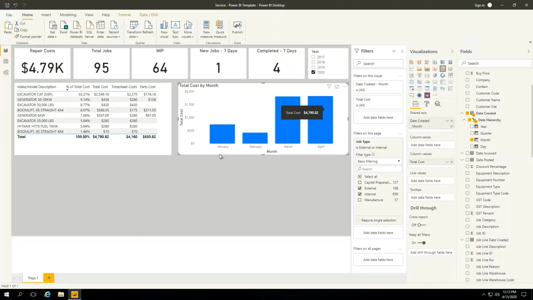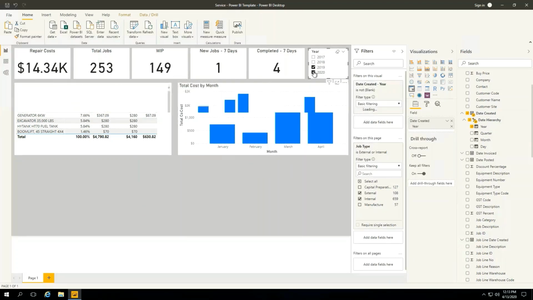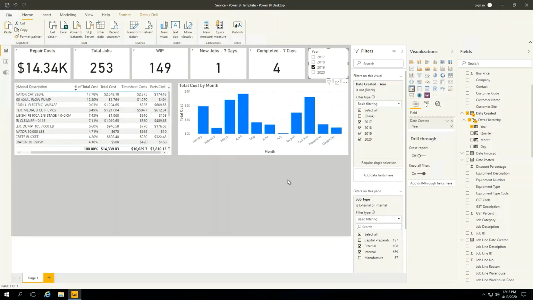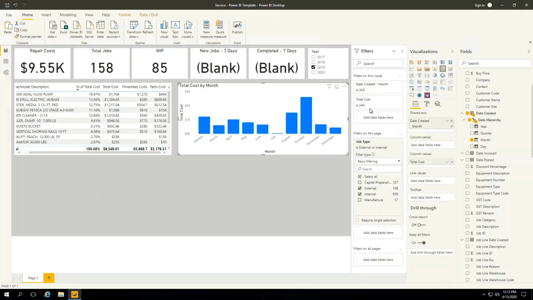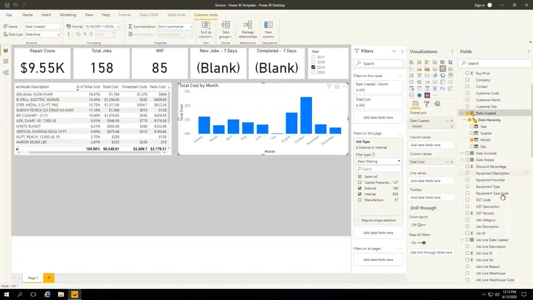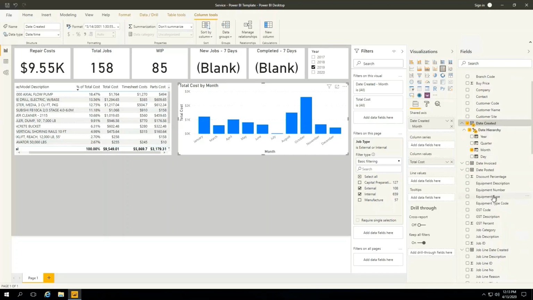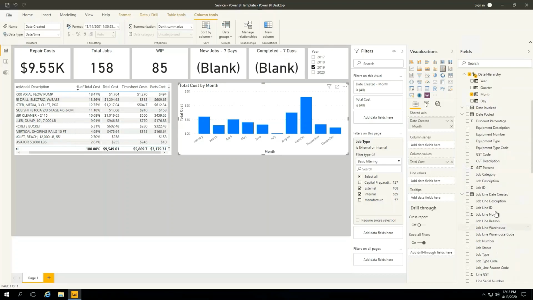This is going to show me 2020, the total month. So maybe if I want to have a look at 2019, I can filter this route and see the total costs for each month. But maybe I also want to look at the total count of jobs created as well. So I can go to job number again